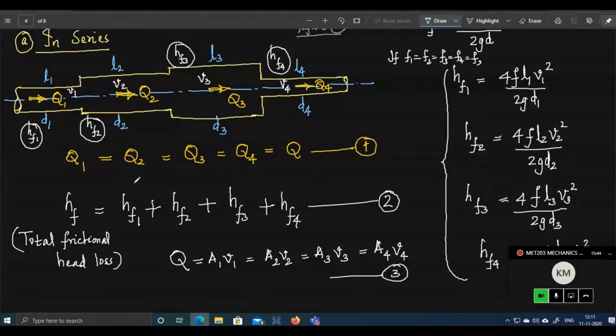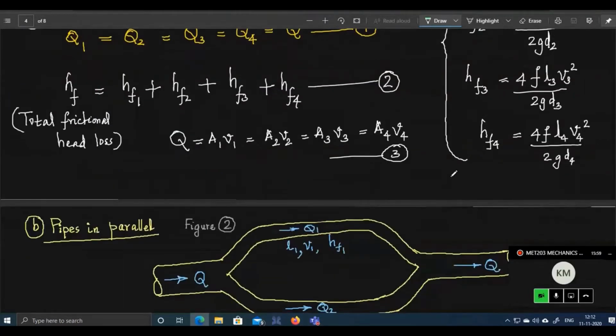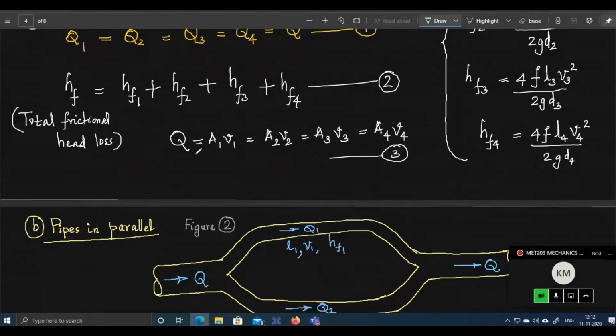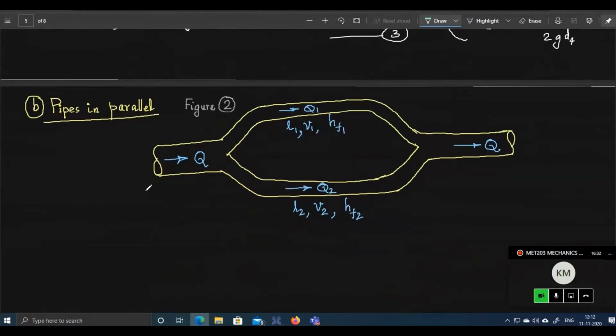If the pipes are made up of the same material, then the coefficient of friction will be the same. So with that assumption, here I have written F, coefficient of friction, for all the portions denoted by F only. Okay, so if they are made up of different materials, then you can have different F1, F2, F3, F4, etc. So this is about pipes in series or compound pipe, combination of pipes in series, and we have to consider a concept called equivalent pipe for analysis purposes, and the diameter of such a pipe is called equivalent diameter, and the length of such an equivalent pipe is called equivalent length. So we'll come to that after discussing pipes in parallel.